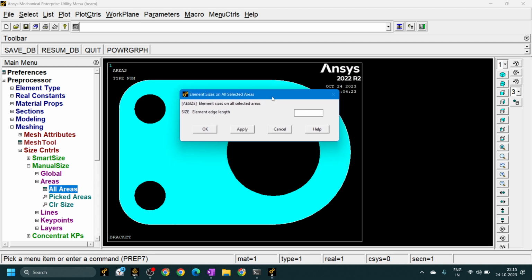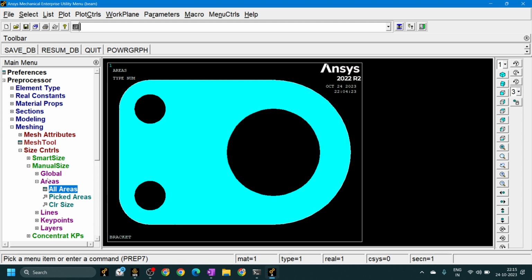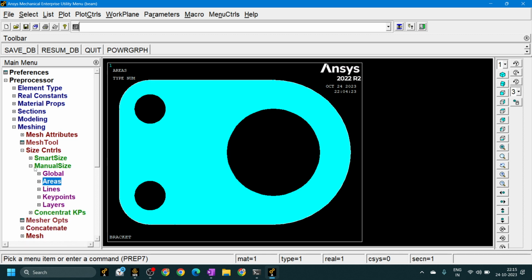They are asking the edge length. What was the edge length they have given? Edge length we have taken as 2 mm. So we will write the edge length as 2 mm and we'll click on OK. Okay, now we'll go to area mesh. We'll minimize this one, area. Okay, go to mesh, minimize this one. Click on the mesh, go to area,